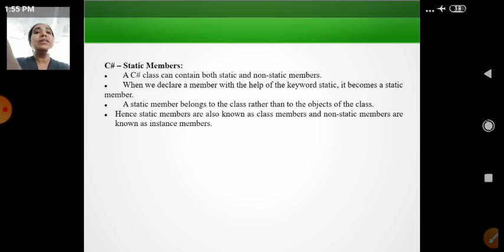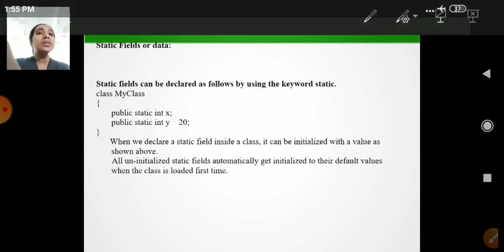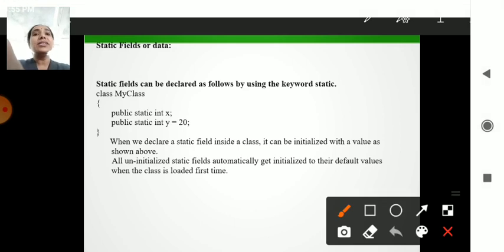How it is declared, you will be checking out. You can check out here how the static member is declared. The static declaration is given here. The declaration is nothing but any data type variable being declared with the static keyword. In the example you can check out that x and y are declared with static. So automatically, inside the class, when it is initialized, for whichever variable is there,